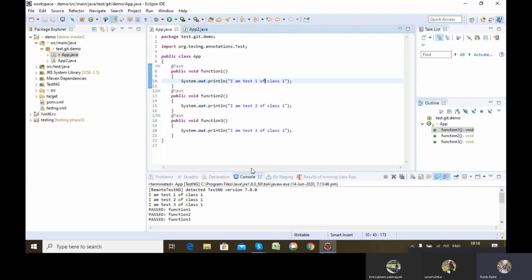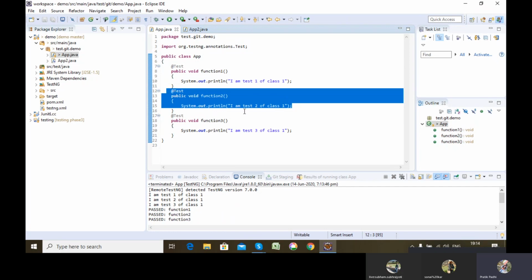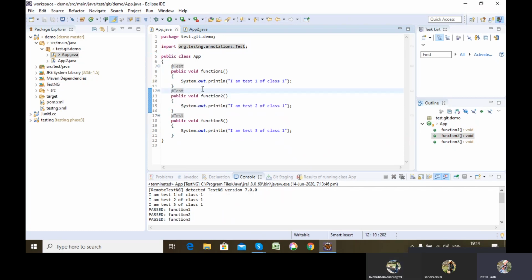But I want to run this one first. Let's say, for example, my particular @Test containing this function should run first, then this, then this. Now what is happening? It is running in the default order set by the test engine, but I want to alter the order and make it run as per my convenience, as per the priority I want to set for the tests. Okay. So for that, what I can do is assign a priority argument.